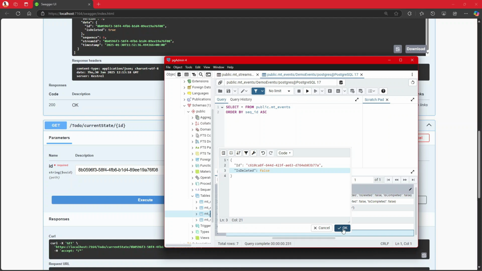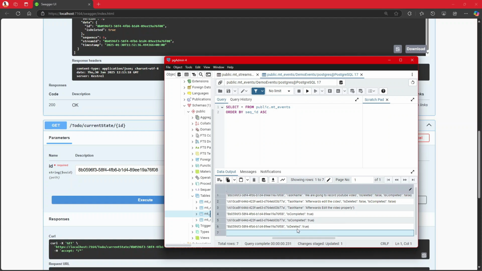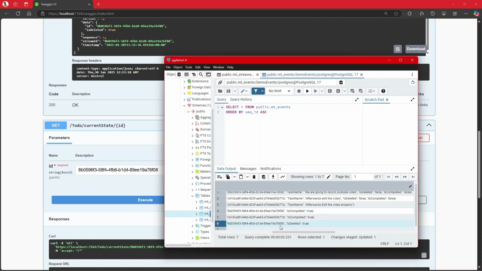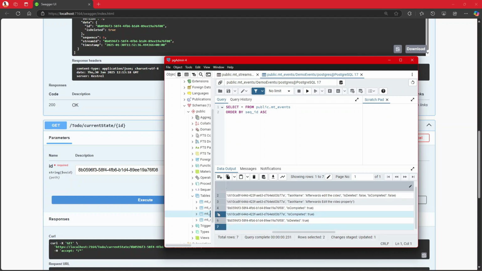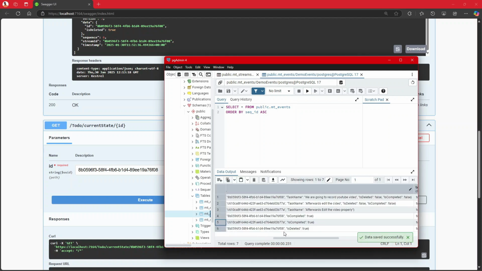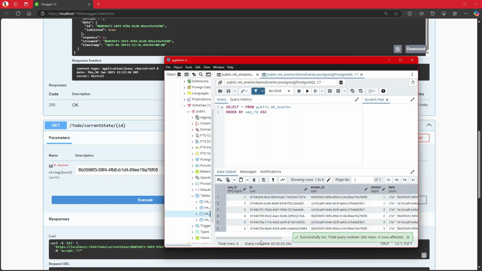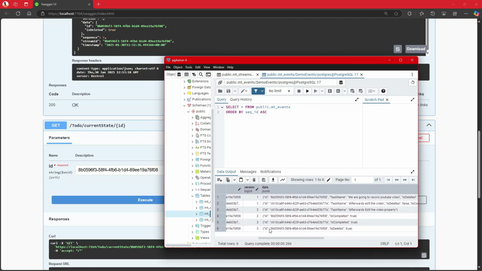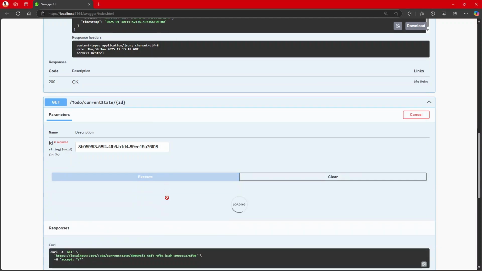Okay, now in order for us to go back or reverse it, this is the current version, and here we see it's completed. Let's stop the 7th one, we can delete this. Okay, so from this one, it is not deleted, right? Now if I call this again, it has to cease, and then we don't have deleted as true. Now if I execute this current state, now check it out,